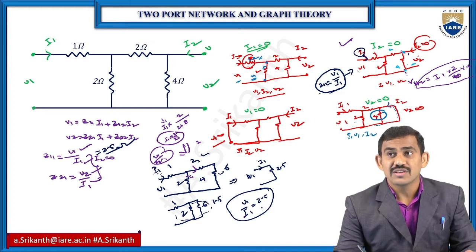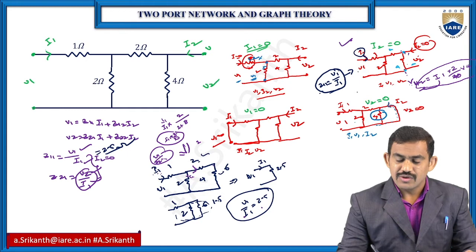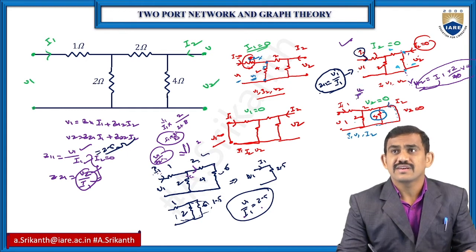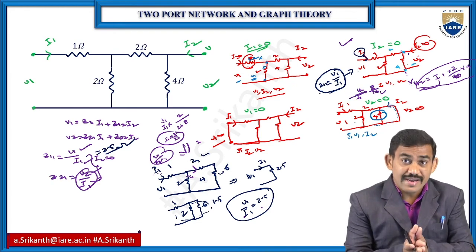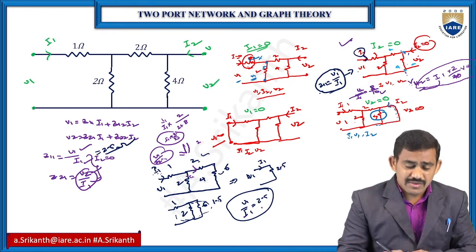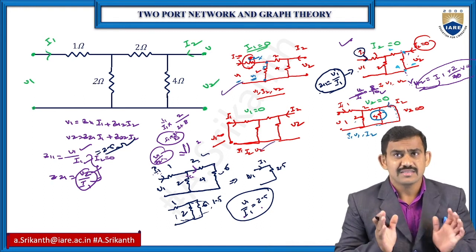But I want which value? V2 by I1. So here I have V2 by I1. V2 by I1 means 2 into, that means 8 by 10. So which value? Yeah, this is the logic to find out the I1 and I2 value. Same thing, this condition, same this condition. So from any condition we'll get the answer.